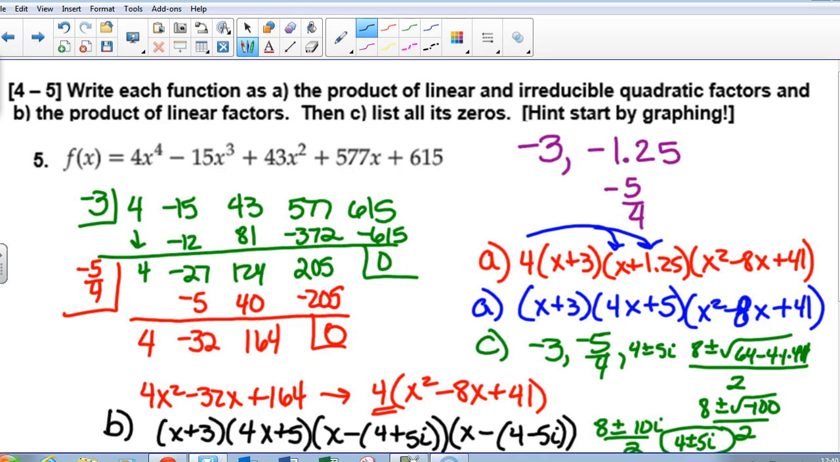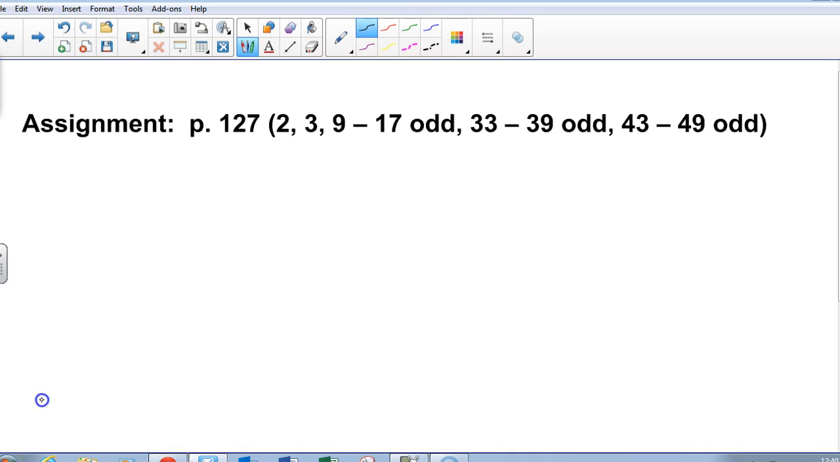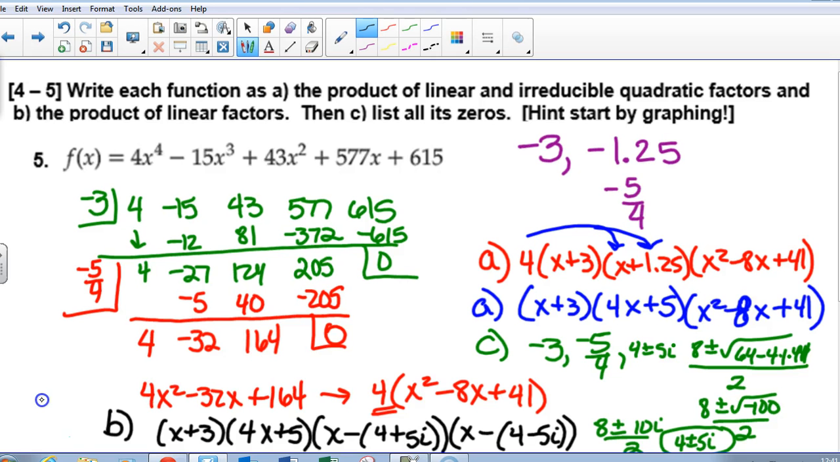All right, you want to try one off the homework together? All right, here's your homework assignment, and every problem assigned except number 2 is odd. So you got some help in the back of the book, okay? But the back of the book will give you standard form